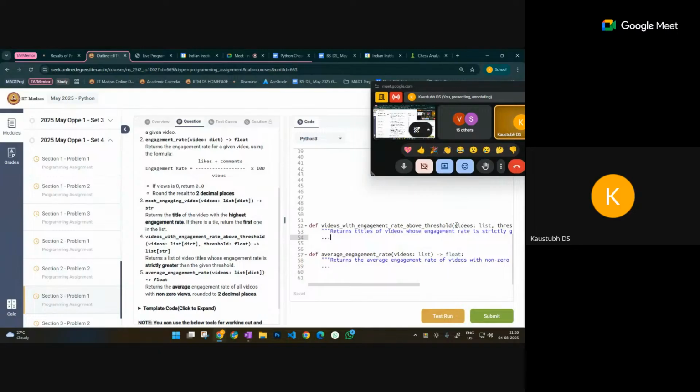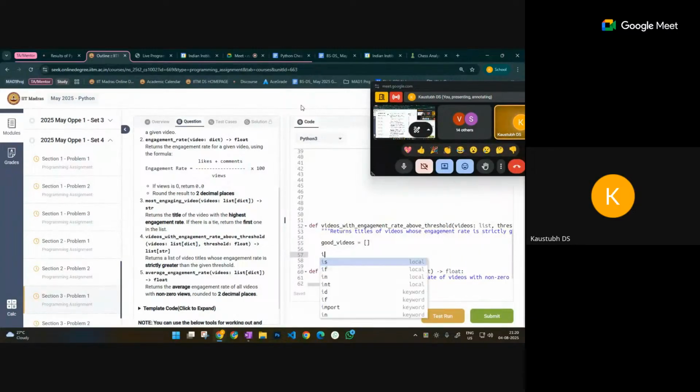And we have the input as a list, right? And output has a list of videos as well. So output is also a list and input is also a list. And threshold is a float, so that is fine. So we can just run a for loop, right? We can just have an empty list. We could call that good videos, right? An empty list. So for video in videos,